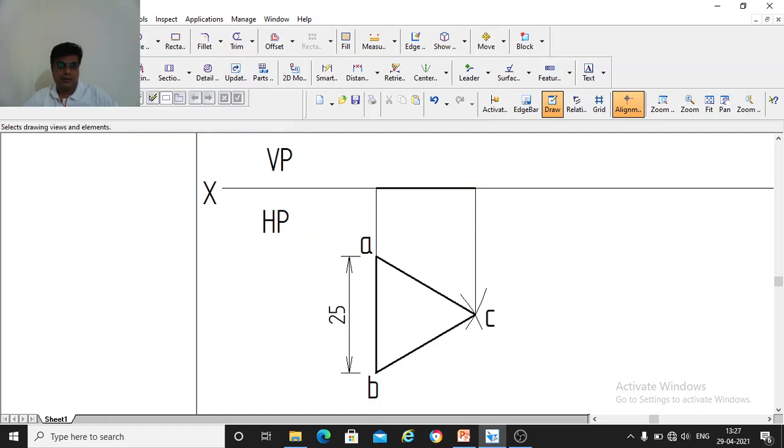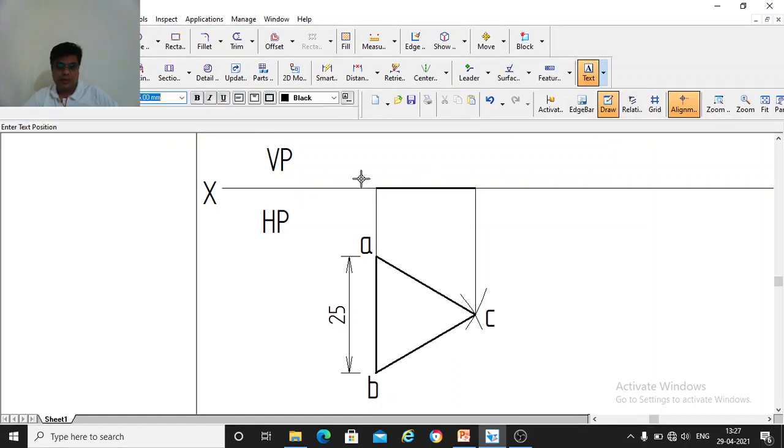Okay, so the front view, how to name it? Write the front view here. Since you can see point B, you write it as b dash. Okay, and since A is behind B, they are at the same point. To distinguish between A and B, I'll put a dash in the bracket.